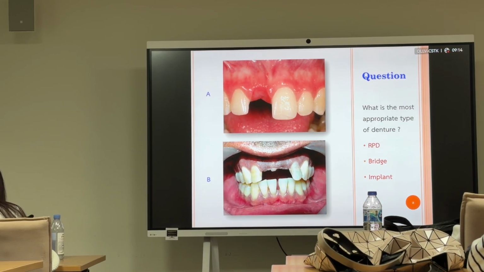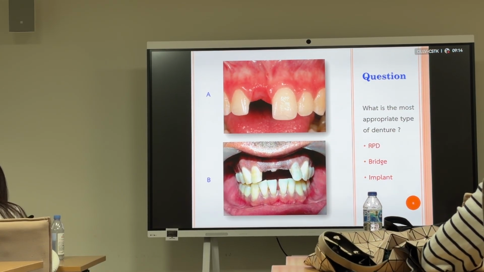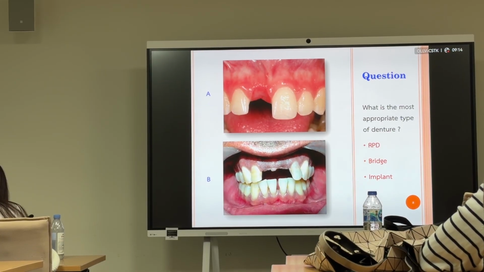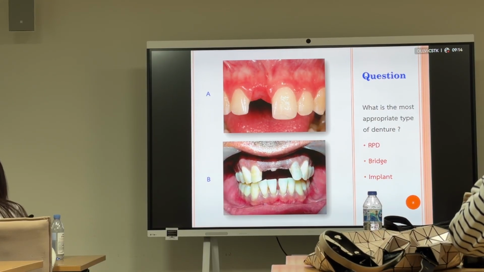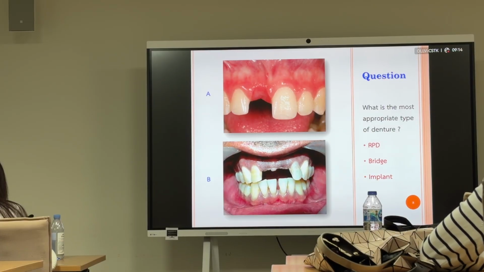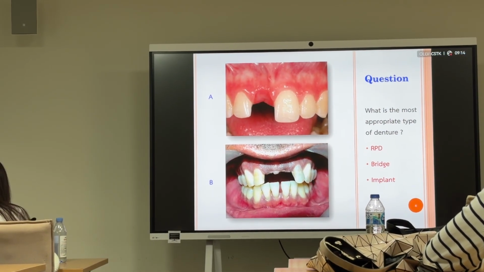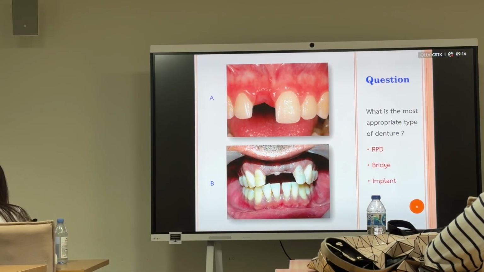How about the A answer? Why? Because it's only a single missing tooth and the adjacent teeth appear healthy. Okay, and how about the price? This is more expensive than the others, right? So if the patient doesn't have enough money, is it possible? Maybe not, right? Because we don't have enough information, it's just a simple